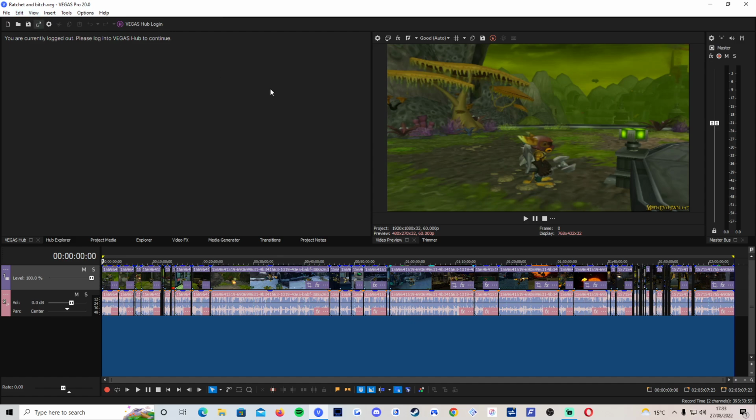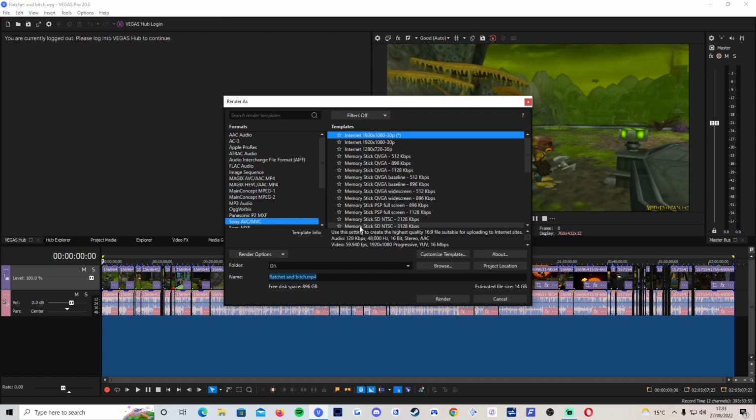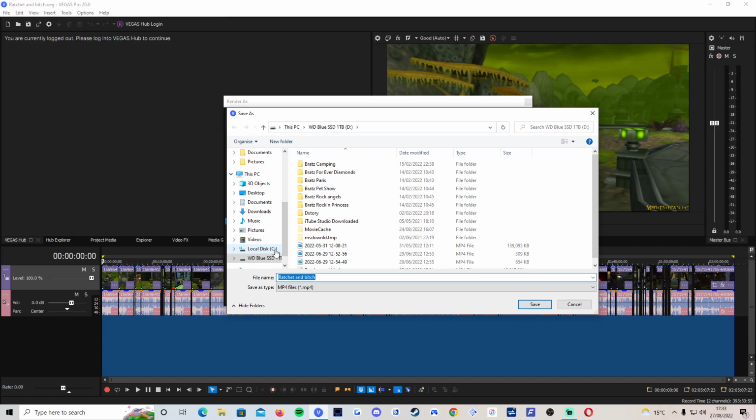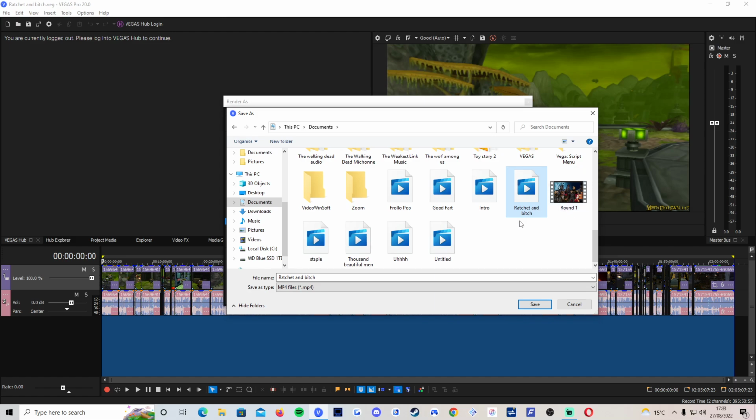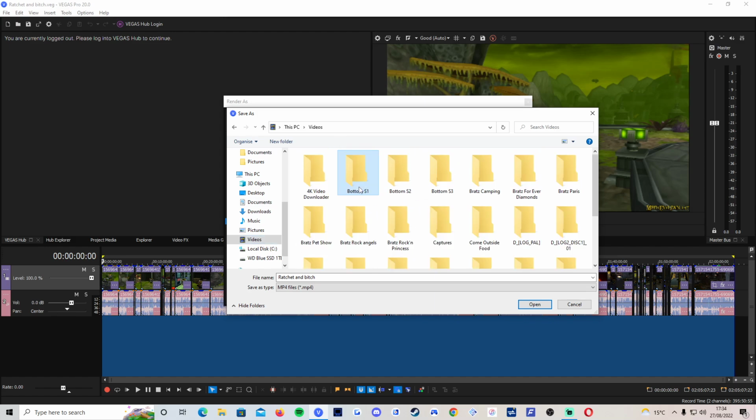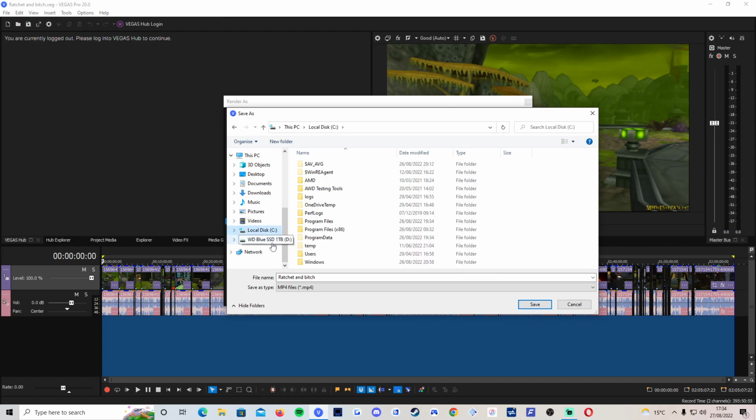What I did was, render it in whatever format you want, but change the project location, it's like Browse. Initially I saved it to my documents. Yeah, the file's called Ratchet and Bitch, just because the files annoy me that much that I gave it an offensive title. But every time I tried to save it to my main drive, it was corrupting. Oh, there we go. But when I tried to save it to my SSD, a solid state drive,